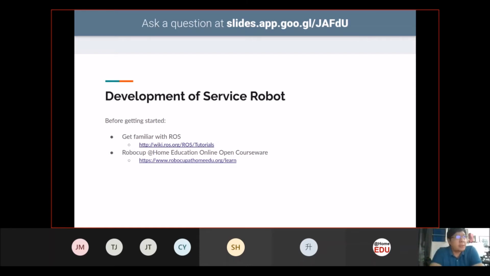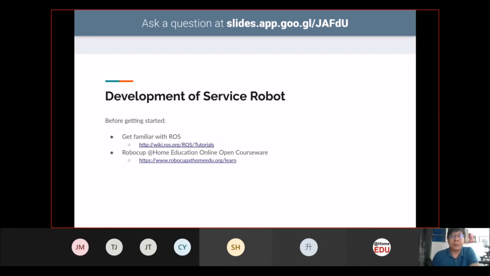So it is important to get yourself familiar with ROS and how it actually works. How is the file structure, how are the libraries, how do you install new libraries, how do you link libraries to your project. I would not be covering all those today.